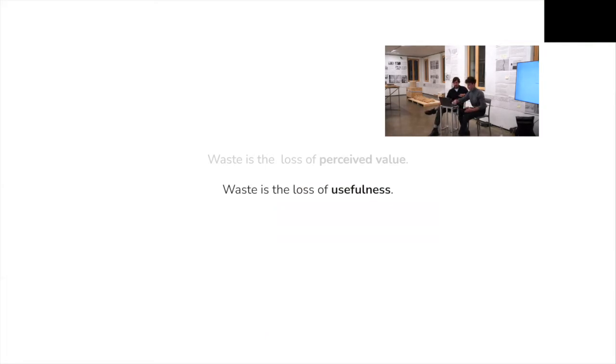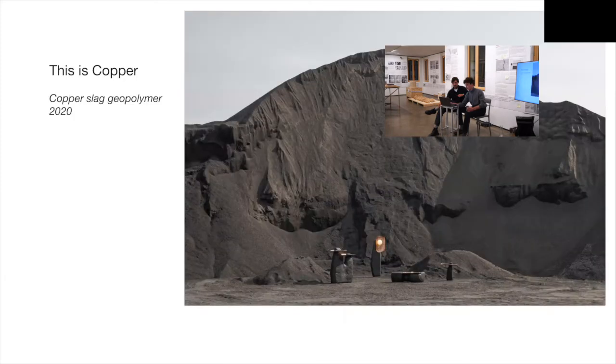All right, so as we mentioned earlier, waste, we split into two ideas: one, a loss of perceived value, and two, the loss of usefulness. So the next project we'll talk about addresses a bit more this idea of usefulness of waste. In this project, we were looking primarily at copper slag, which we'll get into what it is, but essentially